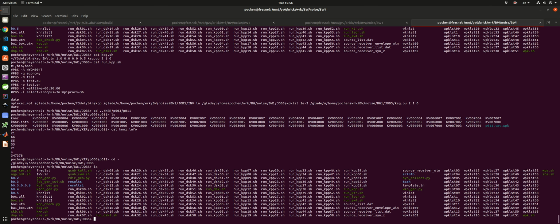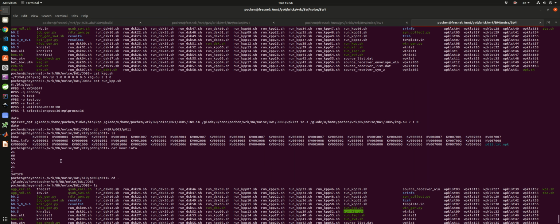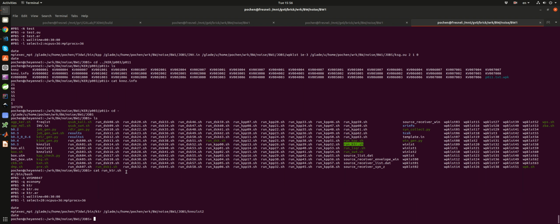And then the next step is to run another code called KTR. KTR means kernel transpose. So for now, all the kernels are stored in a row-wise format. Basically, every WPK is stored in one row. The kernel for each WPK is stored in one row. But in order for the LSQR code to run efficiently, we have to actually transpose the kernel into a